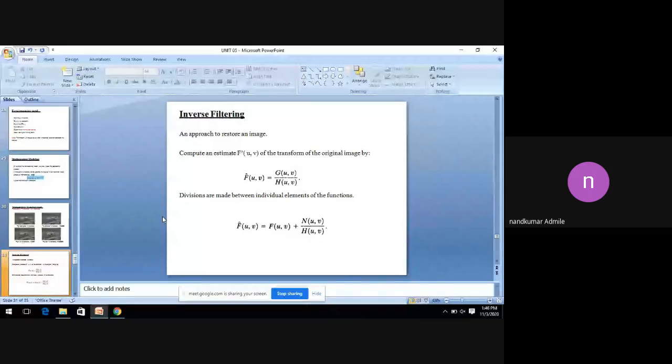Okay, so how do we represent inverse filtering? Why is it called inverse filtering? Here, by computing the function, first we represent the image in x and y coordinates. Okay, so if we restore the image,